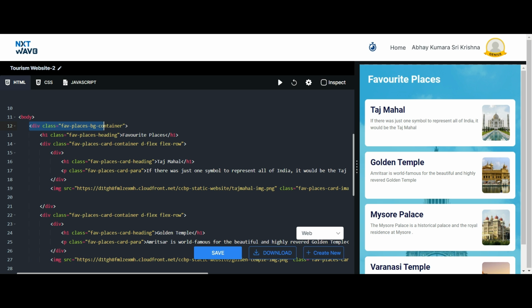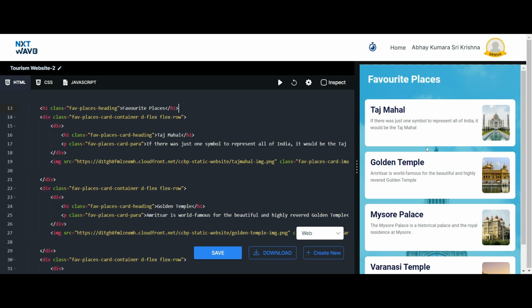This container element contains the background image and the favorite places heading. You can see it here, H1 class favorite places heading. And now coming to the Taj Mahal card container, I have created another div element.